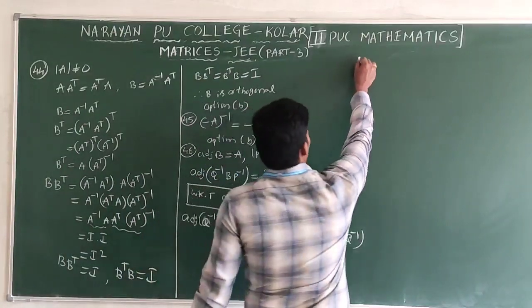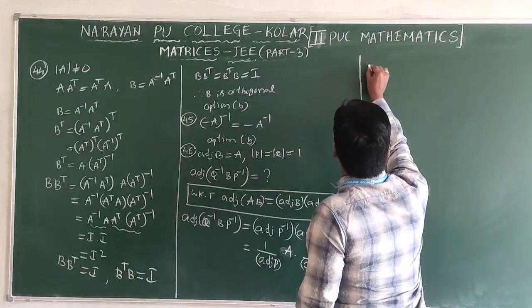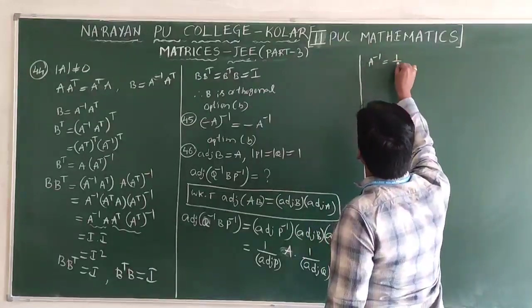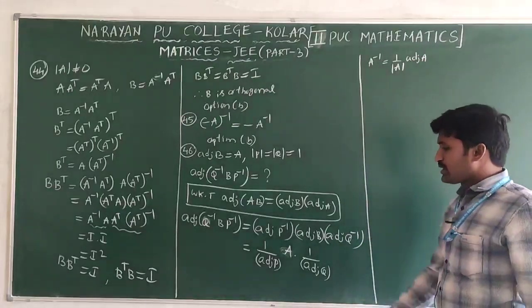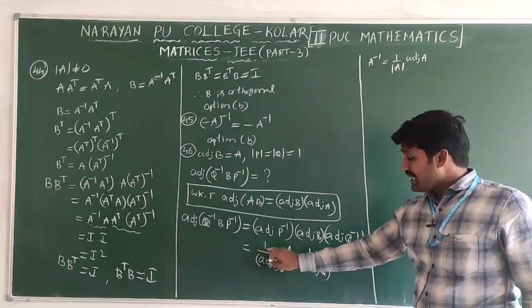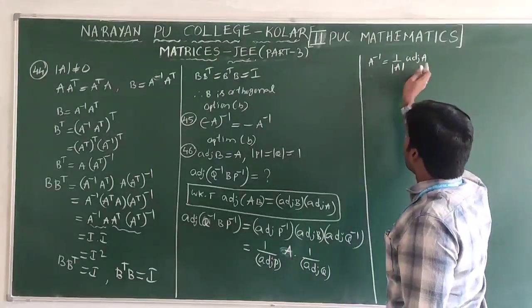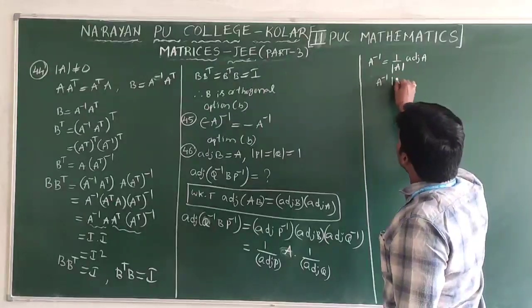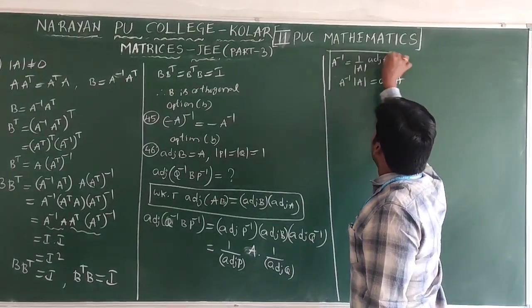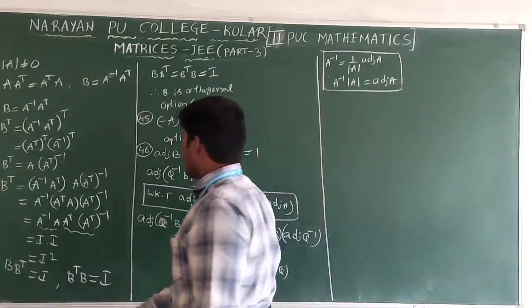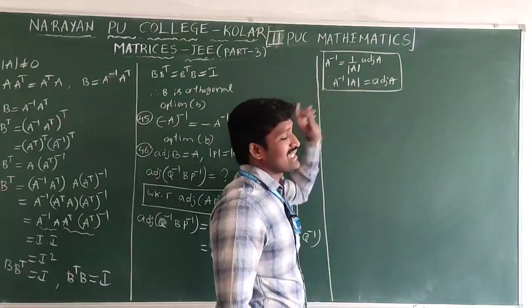Okay. Now we have a formula for A inverse. Generally, A inverse formula is what? A inverse formula is 1 by det A into adjoint A. If you want 1 by adjoint A form, what will you take? Reverse condition. This one you can take: A inverse into det A equal to adjoint A. This condition we can use easily. So adjoint A means you can write A inverse into det A.